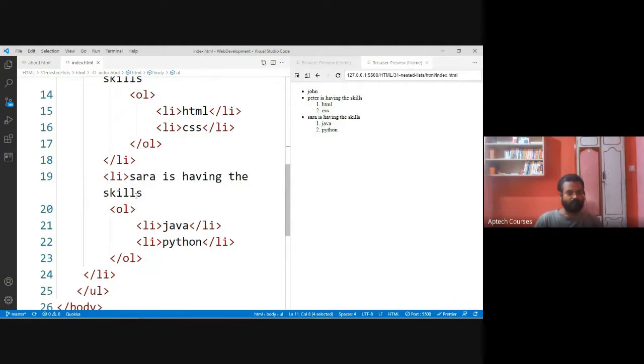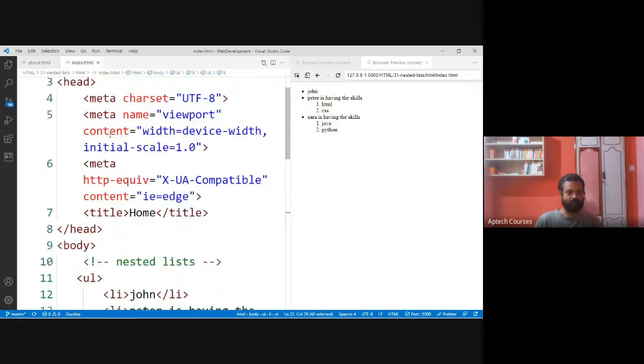Now, Sarah is having the skills, ordered list. First, we are describing the sentence by using list: Sarah is having the skills. Then, by using ordered list, we are listing out what all the skills she is having.